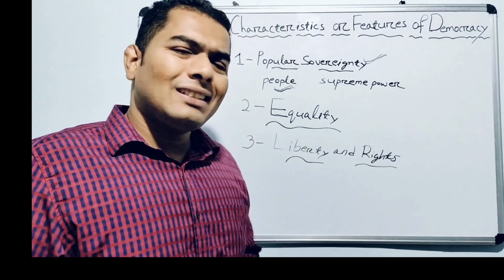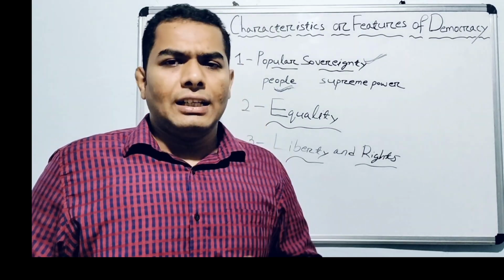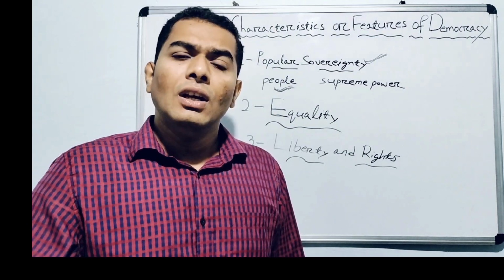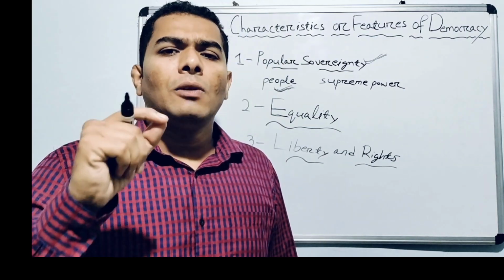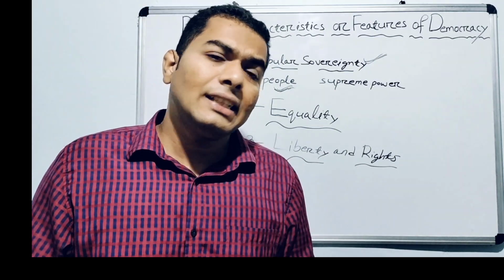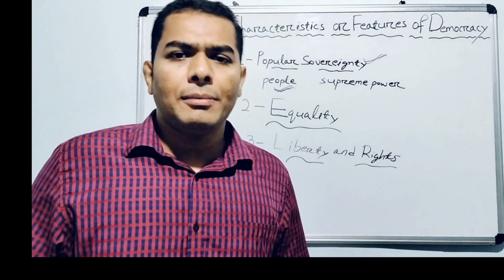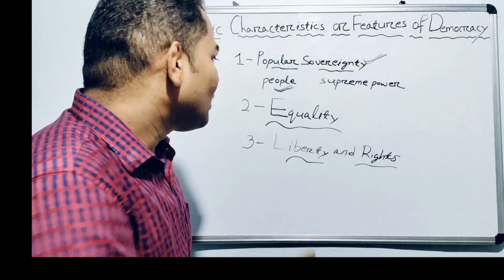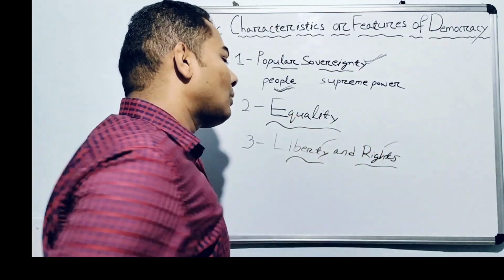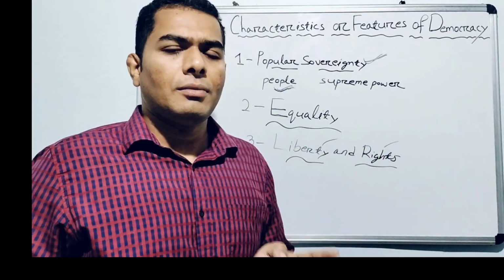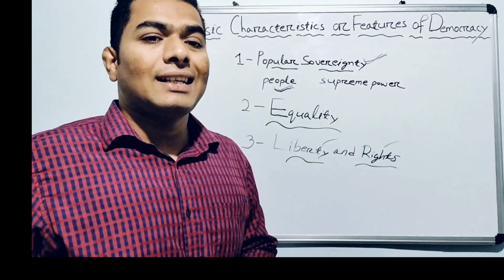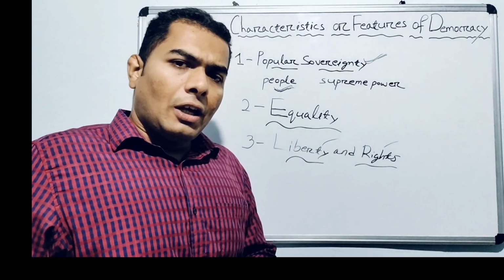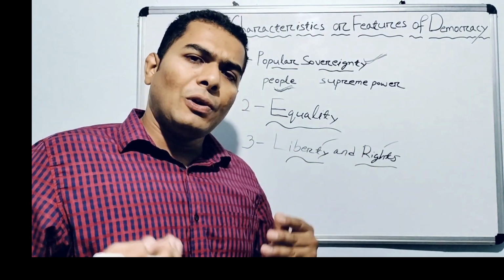Then what are rights? Rights means those essential things which are necessary in order to live a good, happy life. So rights are also an inevitable part of democracy. All the citizens need rights for their personality development. In order to live a good life, rights are very much essential. So equality, liberty, and rights are very essential for every citizen, and these are other important characteristics of democracy. There are many types of liberty and rights, just like political liberty and rights.